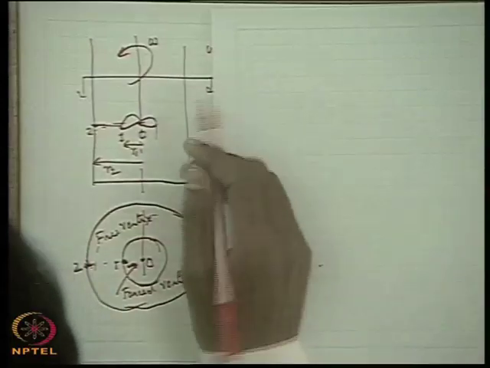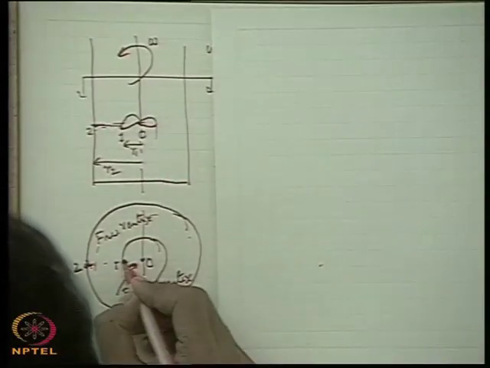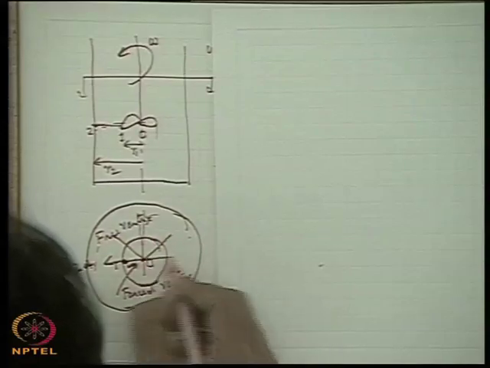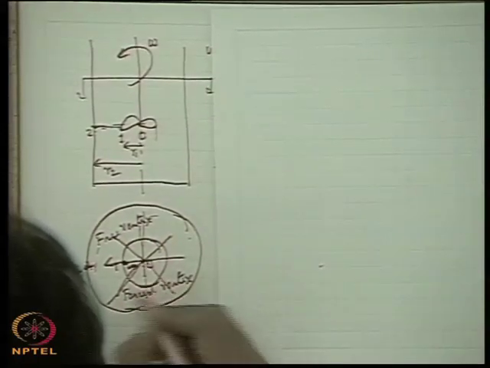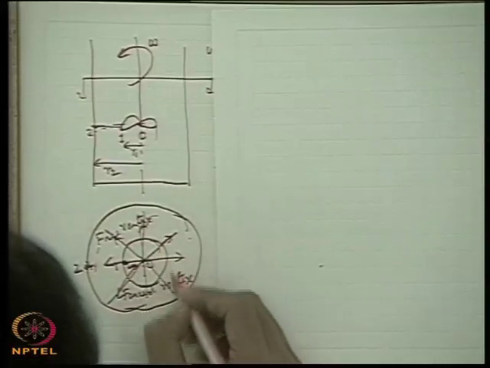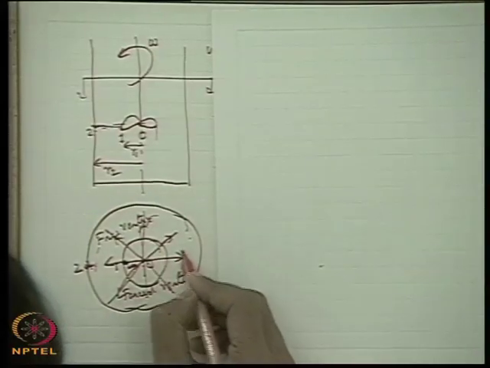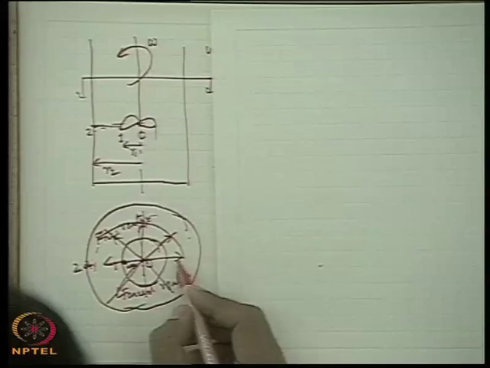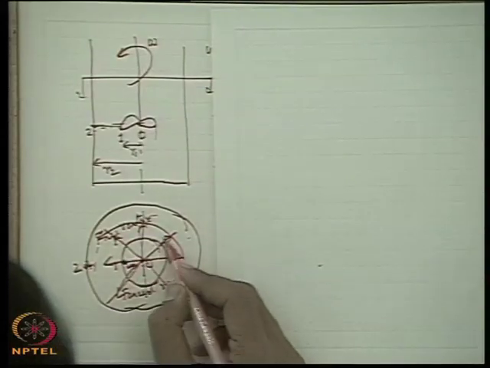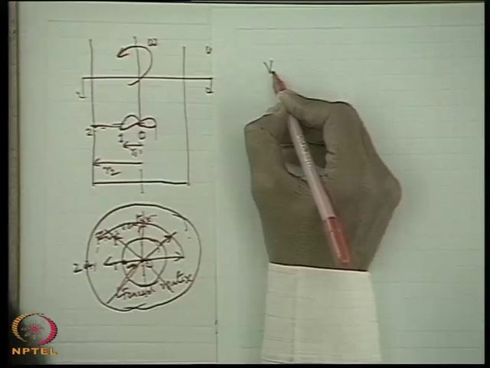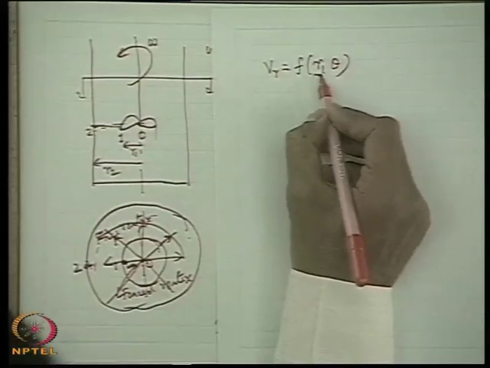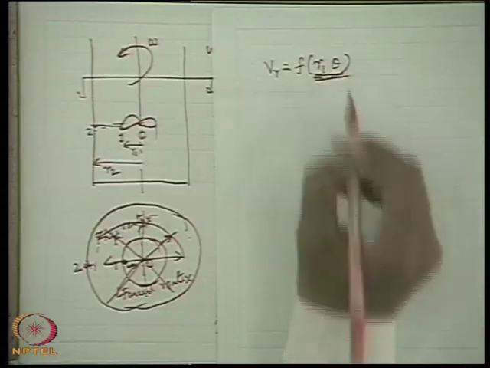Now if there is a radial velocity, that means you draw the radius, and if there is a radial velocity coming out along with the tangential velocities in this direction. So along with the tangential velocity there is the radial velocity. Now, if it is there, we will have to find out the functional relationship of radial velocity. Whether it is a function of r only or theta only or a general function of r theta.